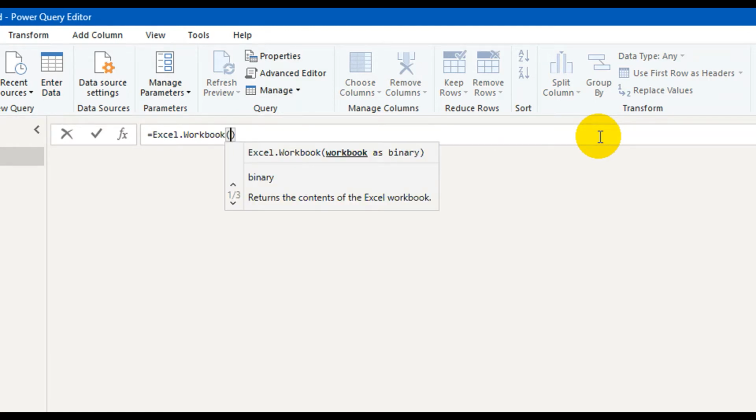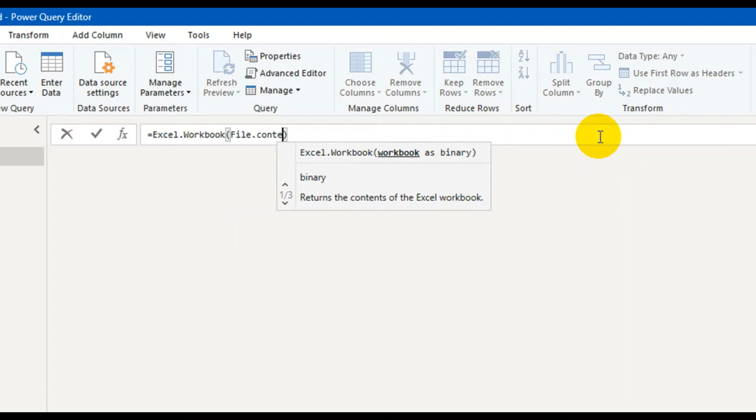And then I need to get the file contents from the location. So File.Contents, and I need to give the path.